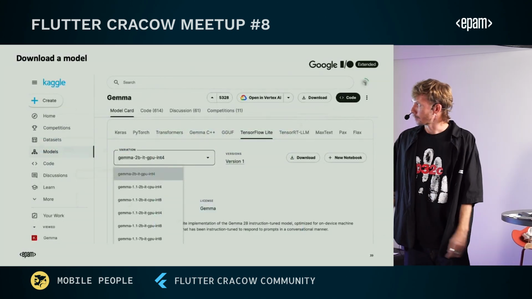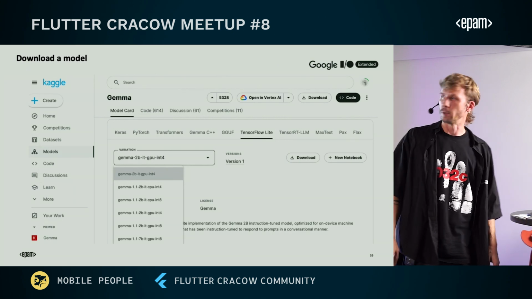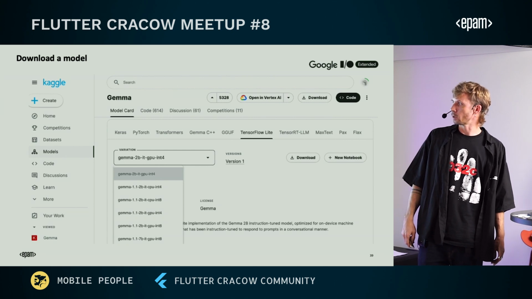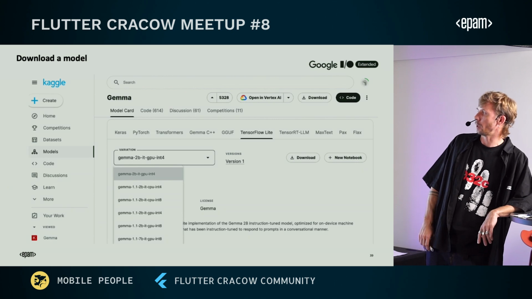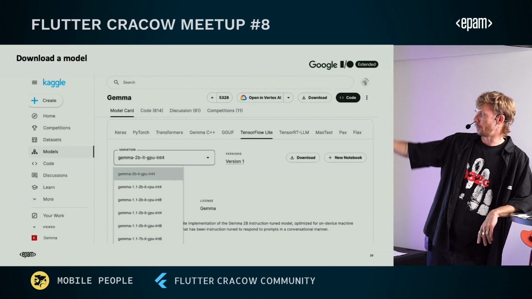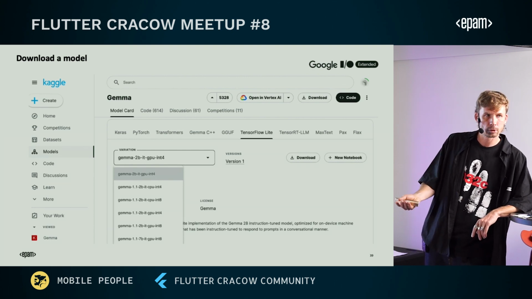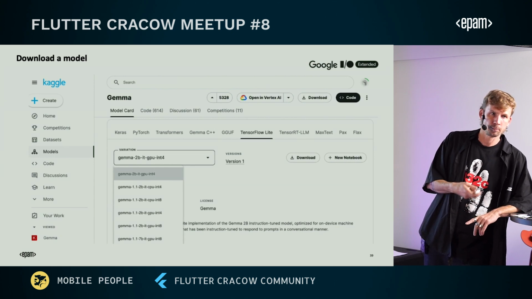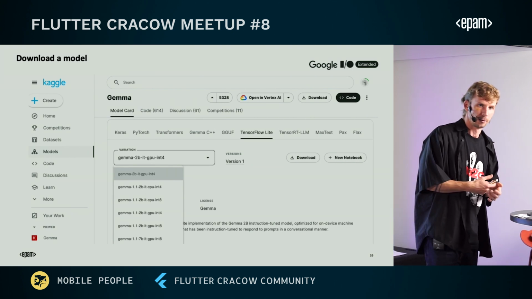After testing, you should go to Kaggle and download the models you wish. As you can see, there are a lot of options, different versions of Gemma. You can download Gemma 1.0, Gemma 1.1, and different numbers of parameters for different types of hardware. It can be CPU Gemma or GPU Gemma. GPU Gemma is faster and more powerful, but your device should have a GPU.